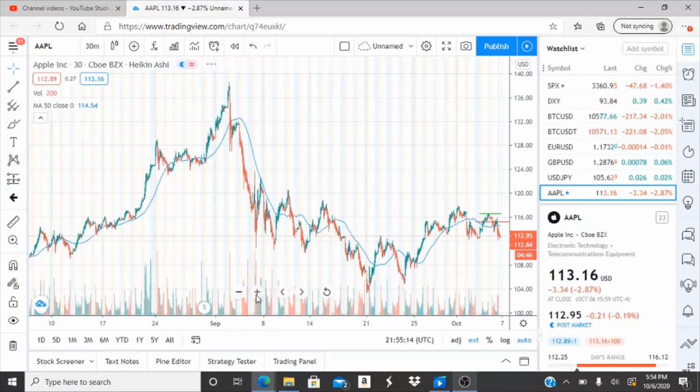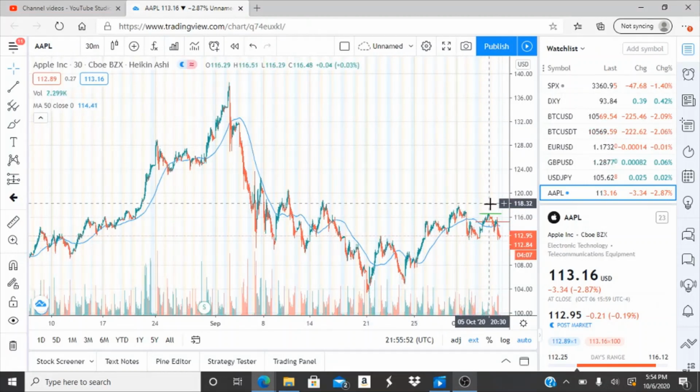Now the question is, will this recovery continue to work its way up even though there's been a lot of volatility and reach newer highs? Apple has also just announced the date of their seminar, or event, where they're launching all the new products and innovations, and they're going to talk about iPhone 12, probably the whole 5G stuff. There's a lot of great things going to happen soon in October, but this is just a slow recovery here from 103 to 118, and it's actually dipped from 118 instead of continuing the momentum.